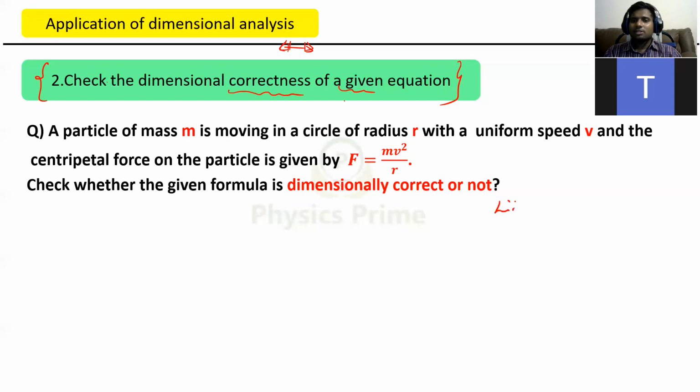Because now you cannot say, okay, it is dimensionally correct, so the formula is correct. The formula may be correct or may not be correct. So dimensional analysis is not giving you the correct formula or not. That is a limitation of it. Got the limitation? Shall I go ahead?